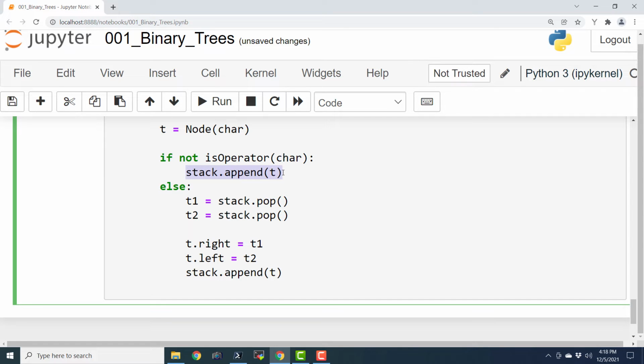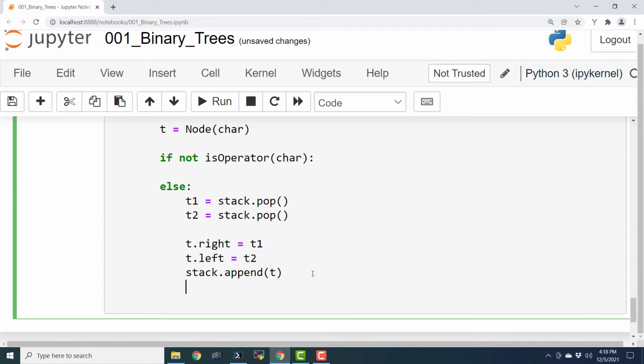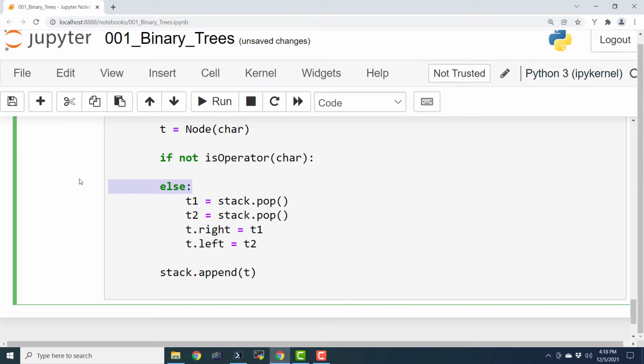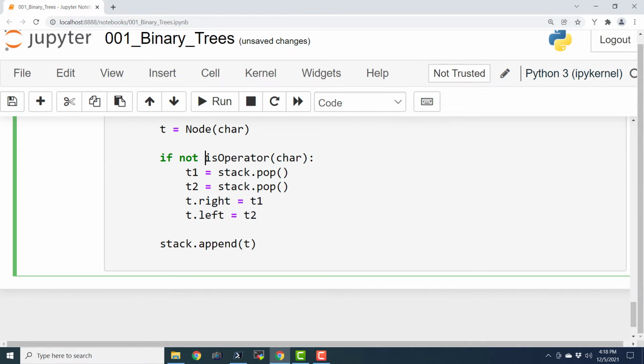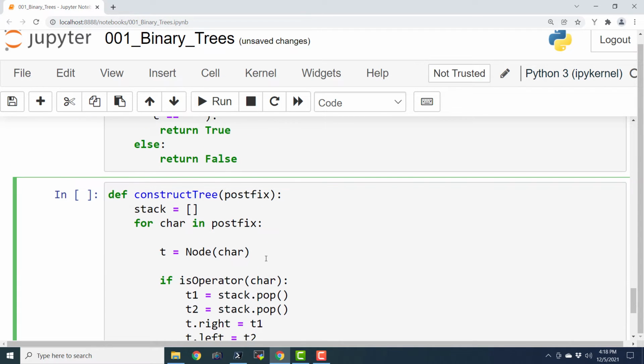And here we are anyway appending it, right? So I will just copy this and paste it here, and I'll remove this from here. This is not even required. So this is the more simplified code.